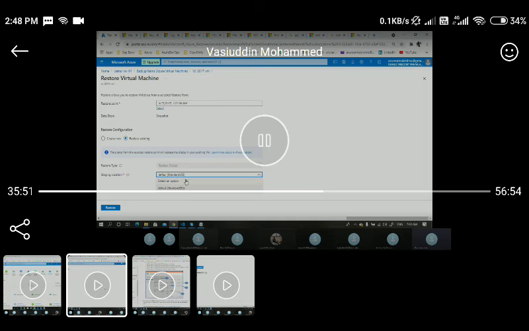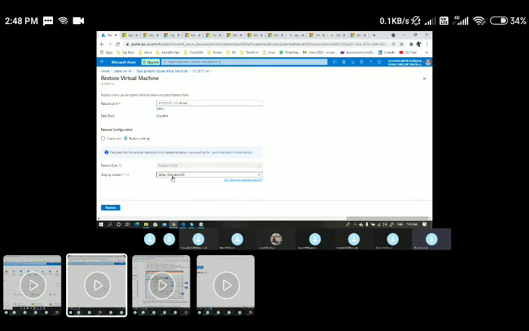Forget about this. What is standard LRS and other options? We will discuss this in upcoming sessions. This simply says how many ways we can replicate our data. So for now, let's go with the default, standard LRS. And if I click on restore, if any disk is corrupted, it will simply replace the disk